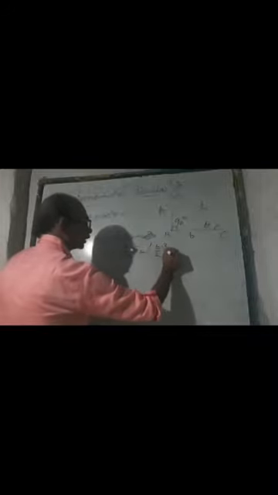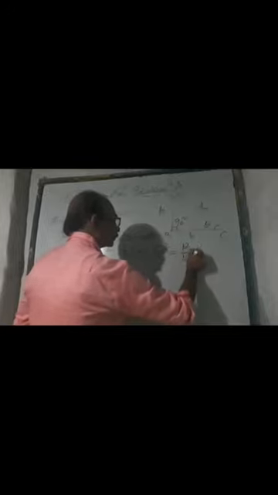LHS, that is sin square theta plus cos square theta. Now sin theta is what? P upon h. So you may be writing P upon h the whole square plus B upon h the whole square. Now what is that? P square by h square plus B square by h square. While taking LCM, you will be getting h square here. This is P square plus B square.